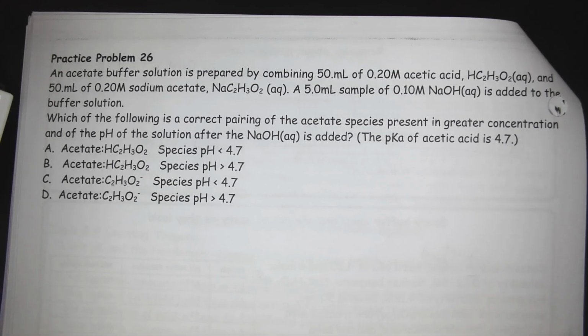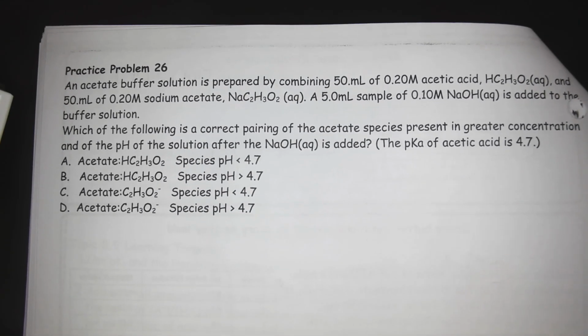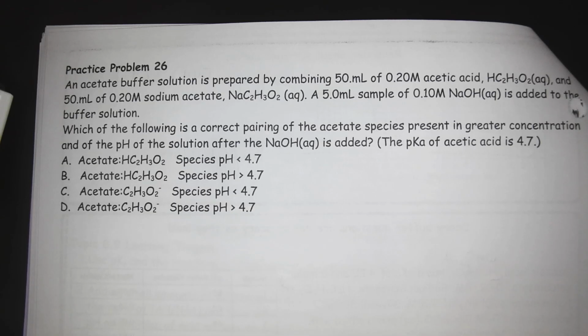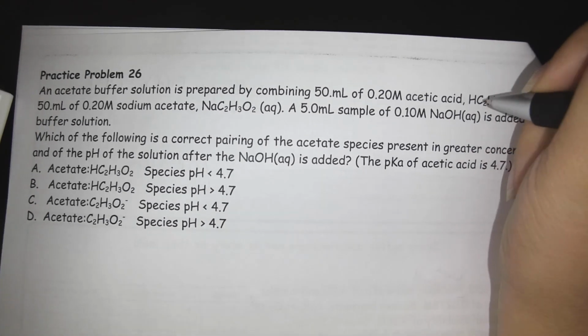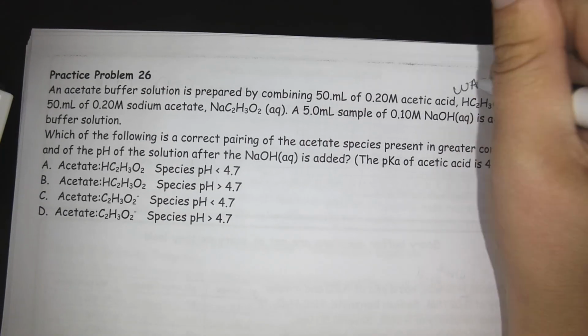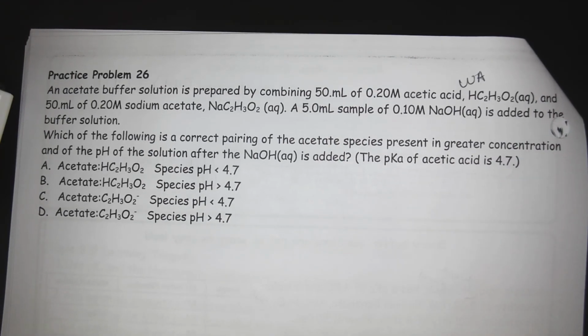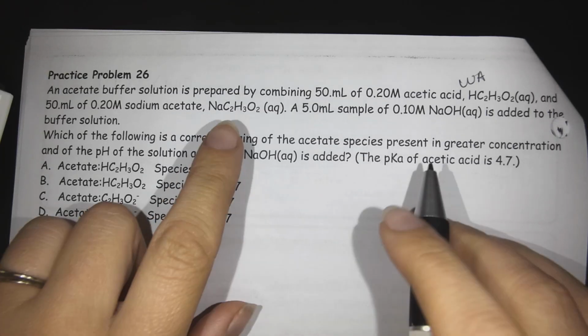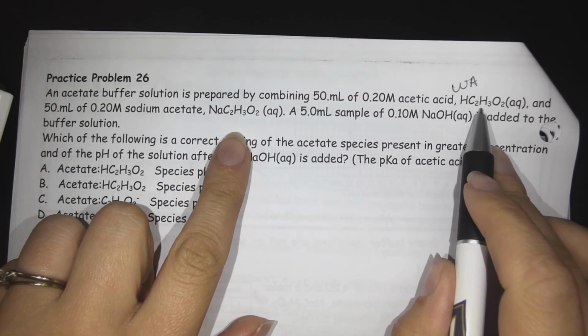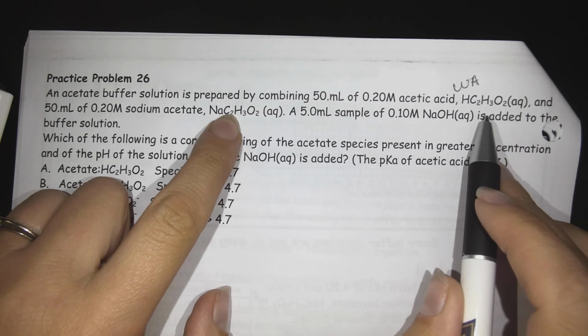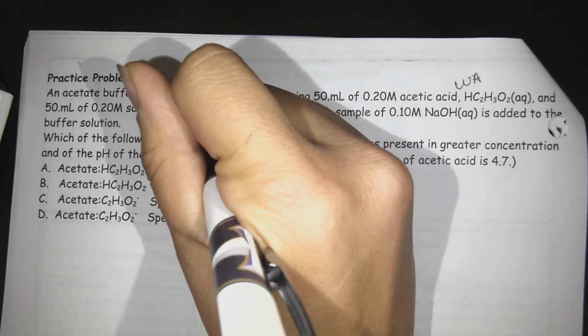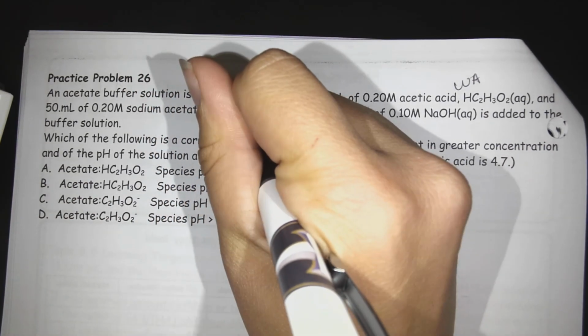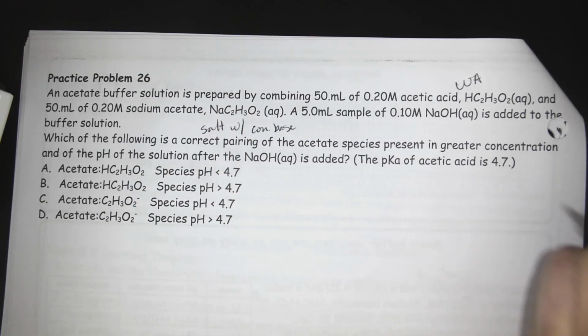Okay. Let's look at these. An acetate buffer, oh, it tells us the buffer, that's nice, is prepared by combining 50 milliliters of 0.2 molar acetic acid. And so that's not one of the big 6 strong acids, so that's a weak acid. And 50 milliliters of 0.2 molar sodium acetate. And look, see the C2H3O2 and see the C2H3O2. This is a salt that has the conjugate base in it. So this is a buffer